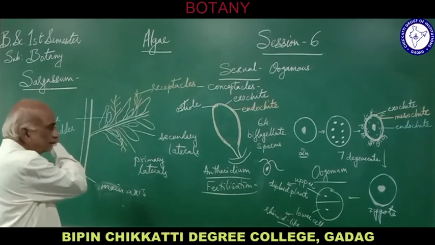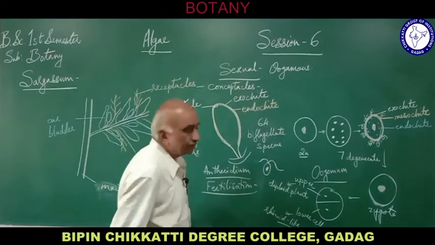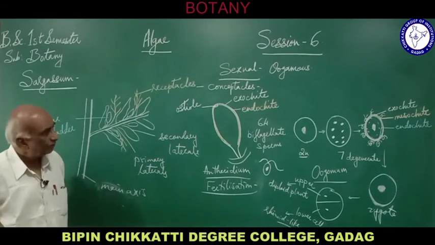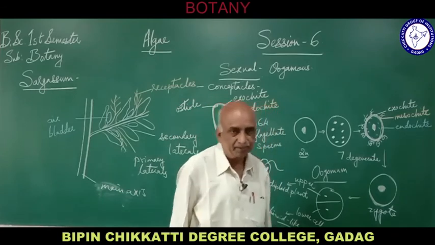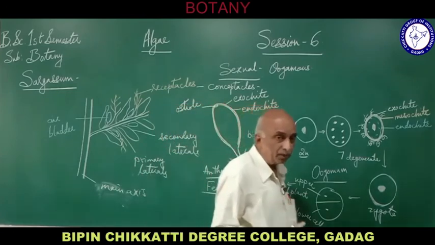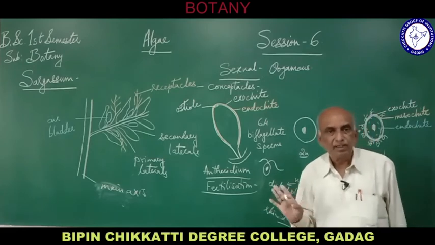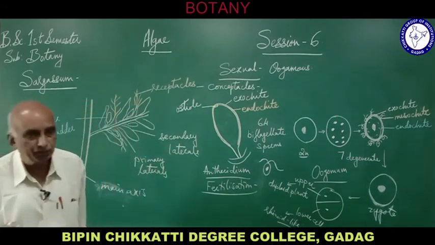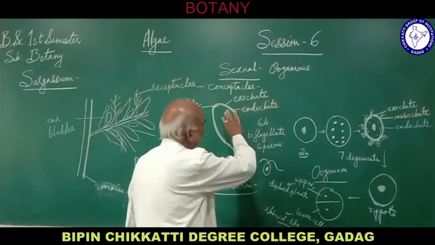So the reproduction is very simple by sexual reproduction, that is oogamous. Of course, there is also vegetative reproduction by fragmentation, but that fragmentation is not similar to the other examples. Here, only the young ones remain when the older parts of the plant get separated or destroyed, and they continue to grow into a new plant, that is fragmentation. But in sexual reproduction, there is oogamous